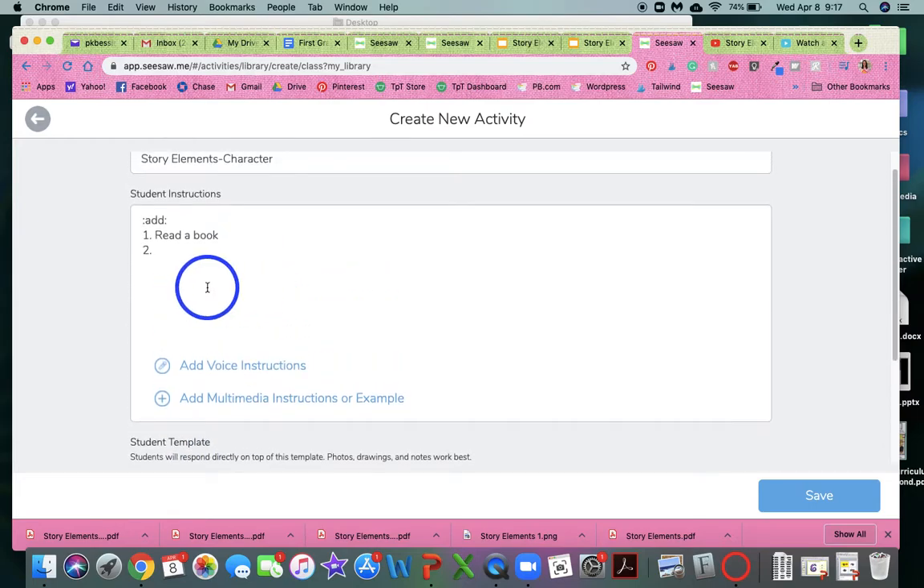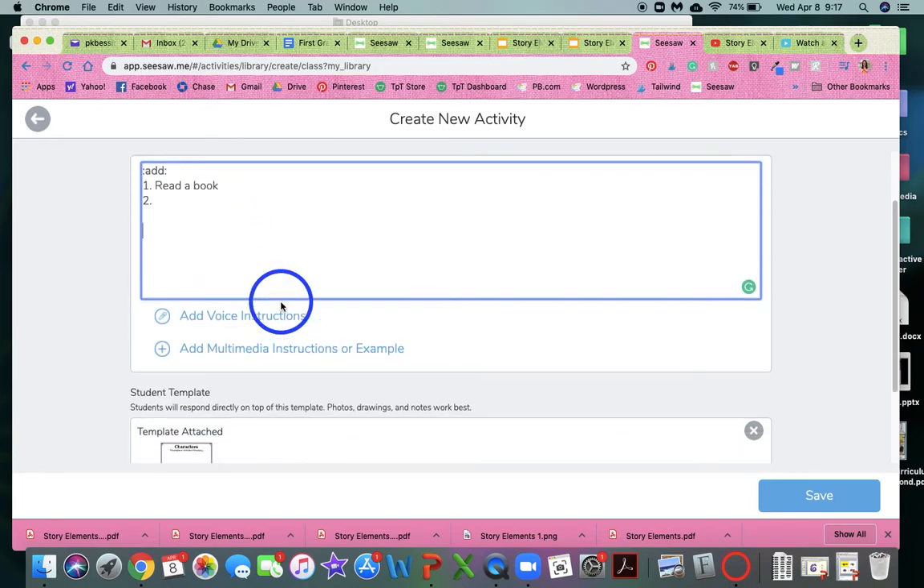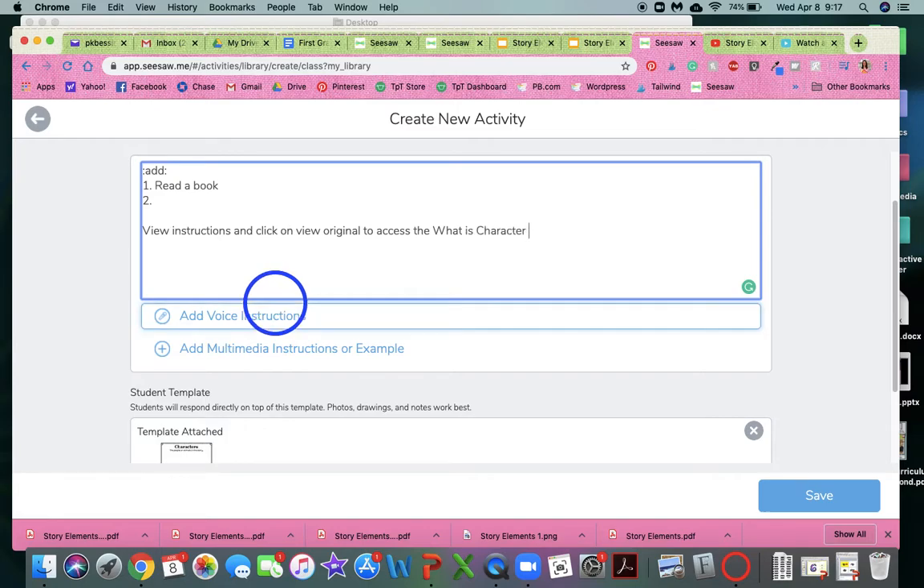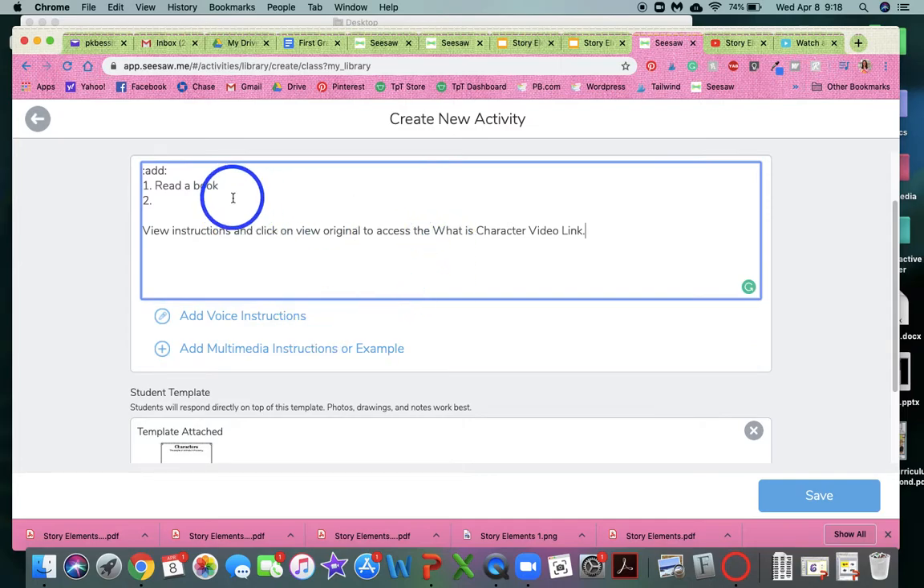Now, the important part about this is in your instructions, you're going to want to make sure that students are able to look at the instructions and view original. So in here, you're going to say view instructions and click on view original to access the what is character video link. Okay, so I'll explain that a little bit in a second. So you're going to do all your steps, draw the character,